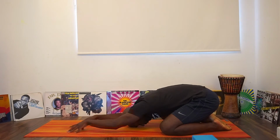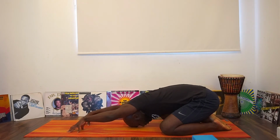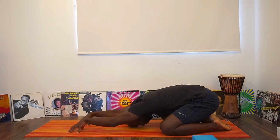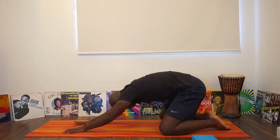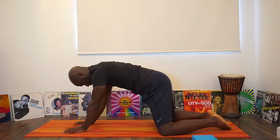And slowly start to come up onto the fingernails, onto the fingertips, and just start to bring some gentle movements of the shoulders as you roll them in, out, towards the ears and away from the ears. Let's come back into stillness, and on the next inhale, I'm going to push up and all meet in our